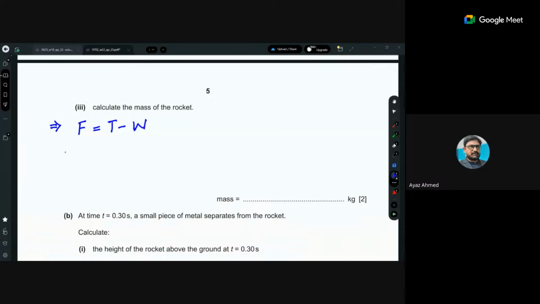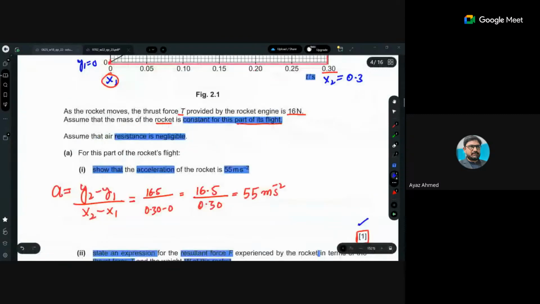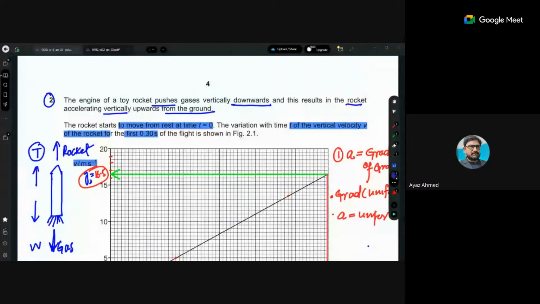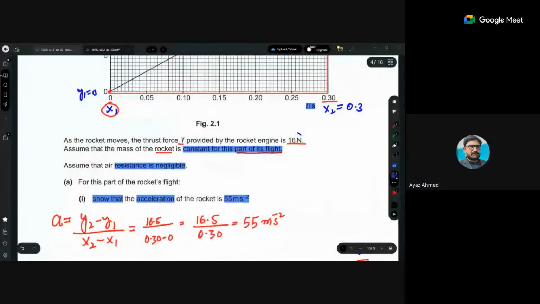ठीक है. अब आपके पास thrust force किसके बराबर है? डेरिवेशन है. अब thrust force हमारे पास, आई थिंक सो अपने पास यहाँ पे गिवन है कुछ डाटा. हाँ सॉरी, फोर्स कितनी है मैं यहीं से ढूंढ रहा हूँ. ग्राफ के नीचे दी हुई है. बट thrust force आपके पास 16 न्यूटन है. ठीक है, thrust force आपके पास कितनी है? 16 न्यूटन है. तो अगर हम इसको 16 न्यूटन लिखेंगे